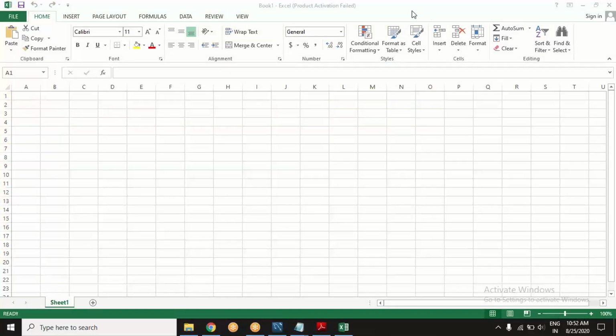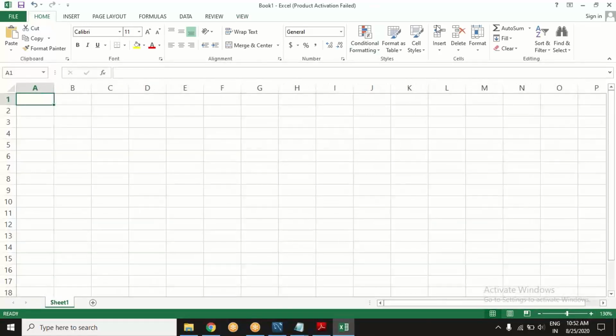Now, coming back to the example of this employees data table. Not going into jargon for now, let's keep this simple. An organization which is maintaining the database of its employees in an Excel sheet. Tell me, what will be the variables here? What will be the column headers? What can be the column headers here?